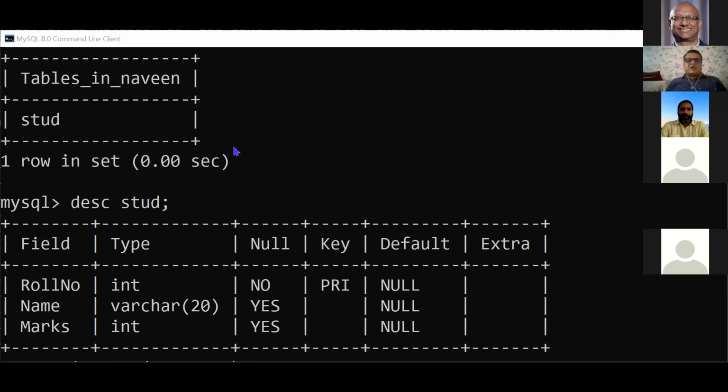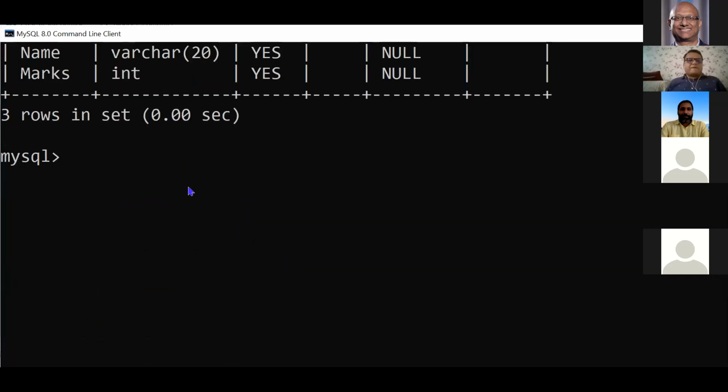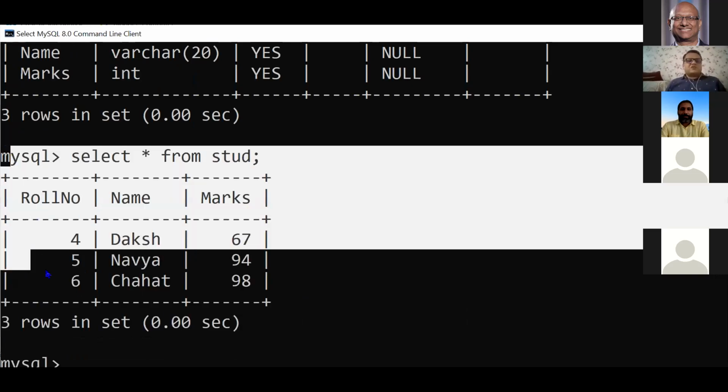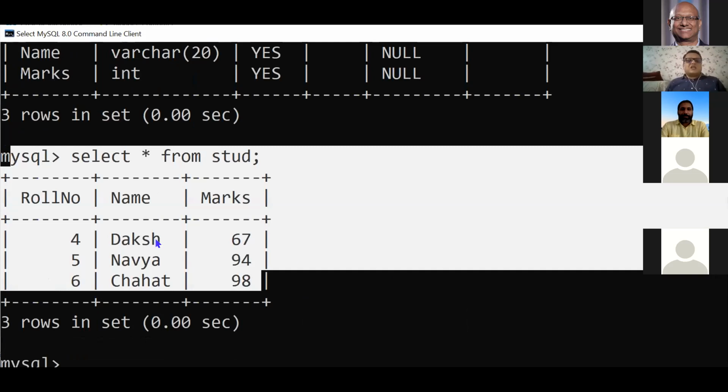If I run here select star from the name of the table, you will see I have inserted 3 records, 4, 5, 6, Chahat, and the marks, it's there. So that's the way we can do the connectivity with Python.